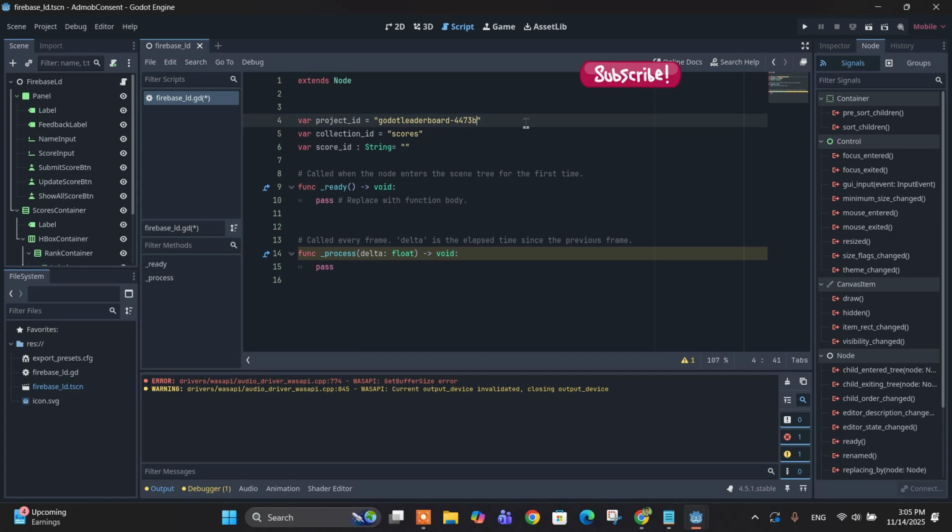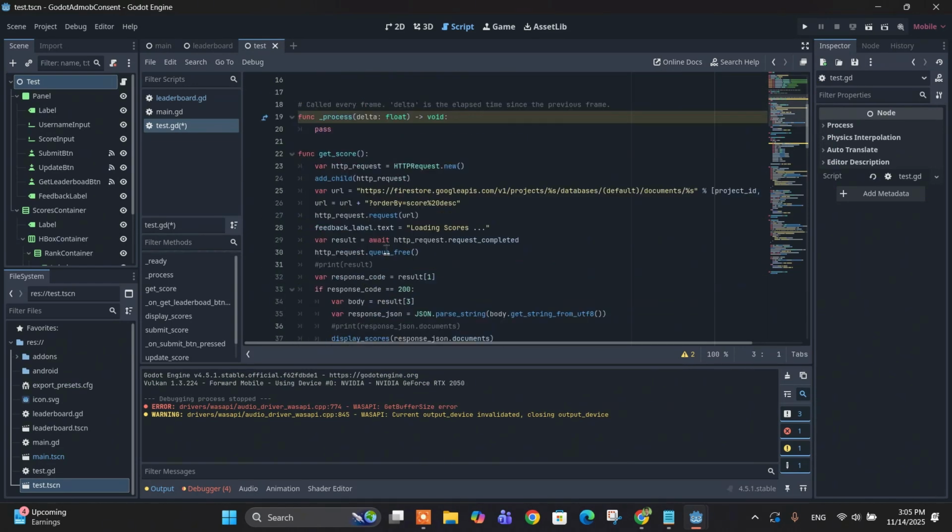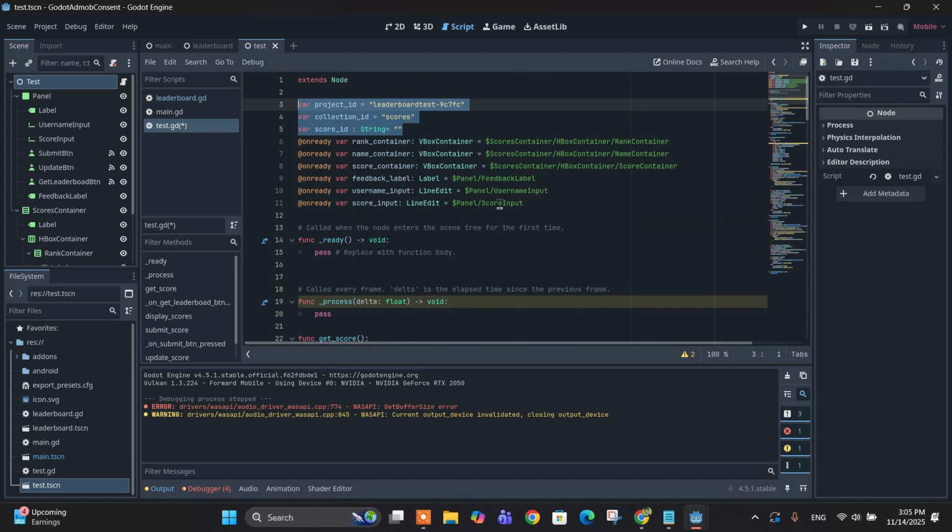Control V, paste. So this is the project ID that I just created. Great. And this is the collection ID. You guys know I created the scores collection. Yeah, and after that this score_ID will be used afterwards. Okay, save it, and now let me get back to the sample code again, and let's drag all